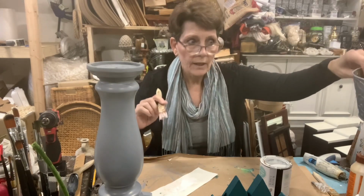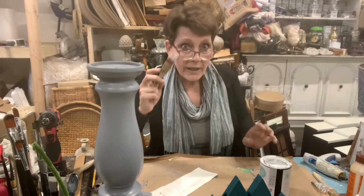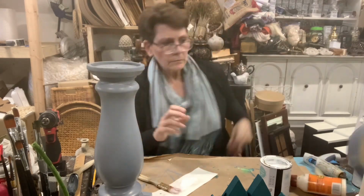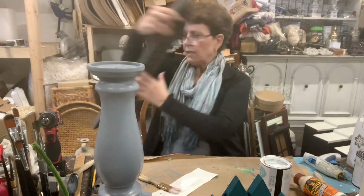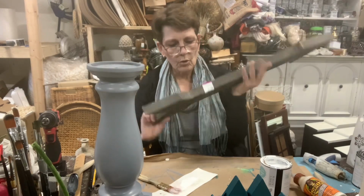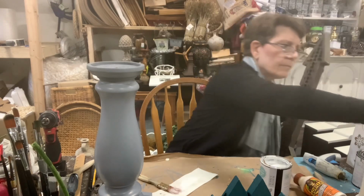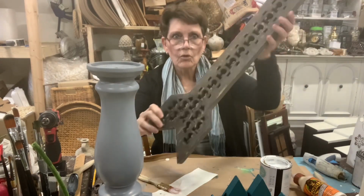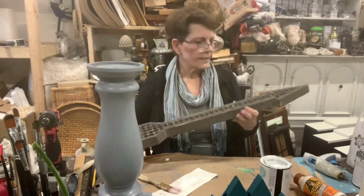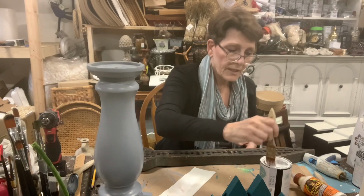I just have one other project that I wanna show you, which is also for the backyard, that was waiting for the white. Okay, that didn't balance very well over there. Okay, that was waiting for the white. And that's this big old weathered, thrifted, big old weathered arrow. I mean, it's old, it's aged, it's dinged up,